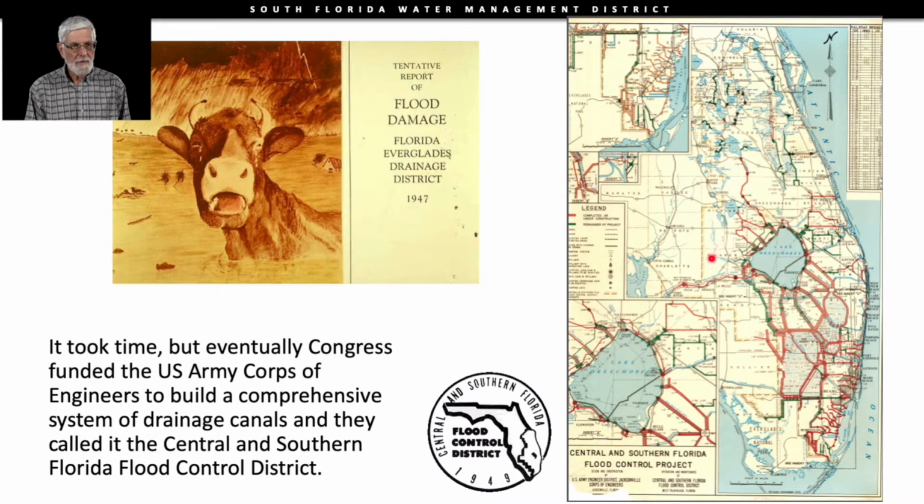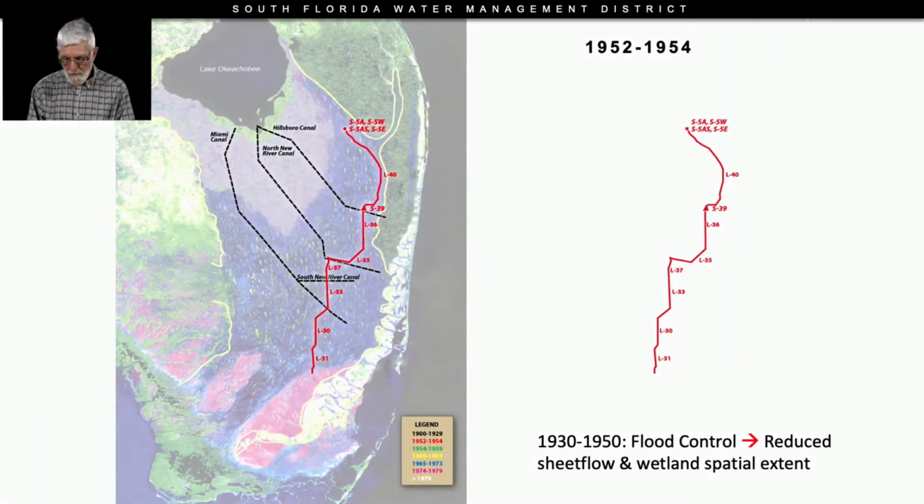And what you see here that was produced in 1947, 19 years after the Okeechobee hurricane, is a fairly good representation of what we currently have in the system. The first thing that they did after that famous report came out is to build a levee along the eastern boundary of the Everglades, going from West Palm Beach all the way down to Miami-Dade. And what's interesting is that Fort Lauderdale,